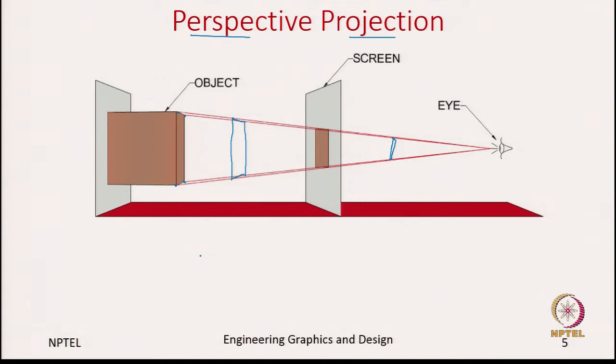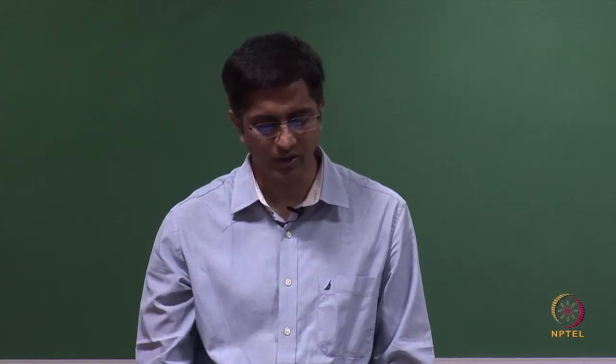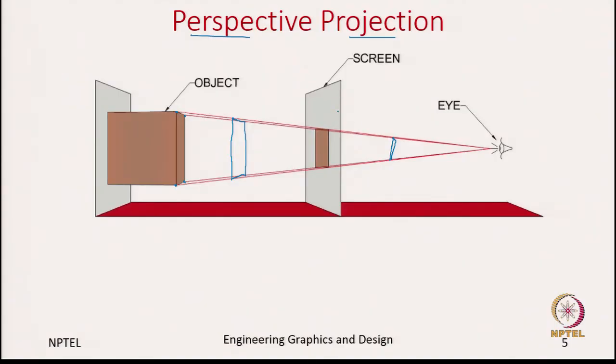So, which means you need to define where you are placing this projection plane. You cannot randomly pick the location of the projection plane. One needs to specify how far it is from the observer or how far it is from the object. Okay. And now, let us look at a different scenario where you are moving the object. Let us say you are moving the object far. So, if you are moving the object farther from the observer or the projection plane, what happens to the size of this cube? Will it decrease or increase?